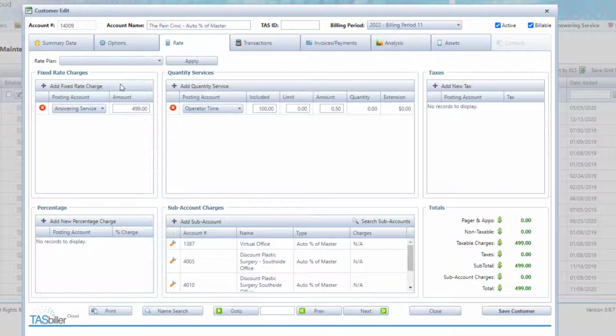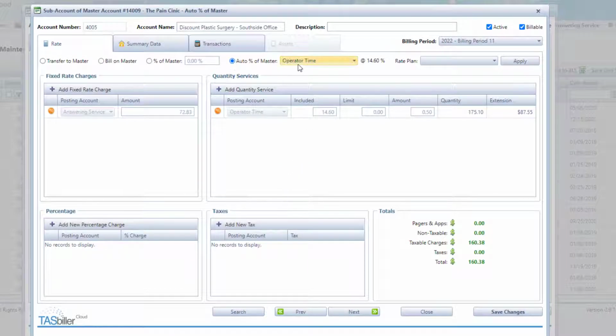The rate plan does go into the master, and I simplified this one a lot just for illustration, but you can have multiple charges here as you would ordinarily. But in this case, we're having this one charge for a base charge and operator time, and I made it just 100 minutes just so you can see the calculations more easily. For each sub-account,